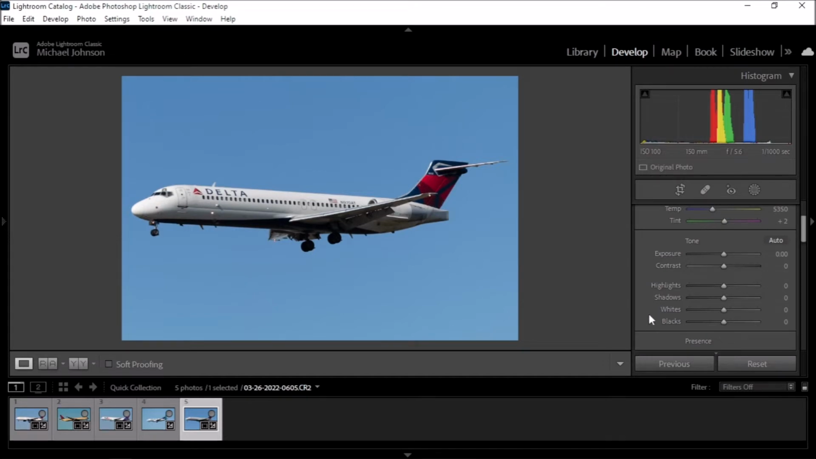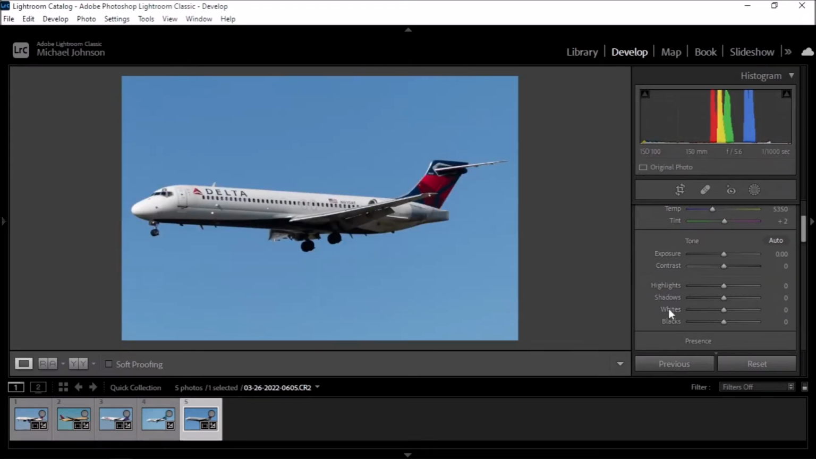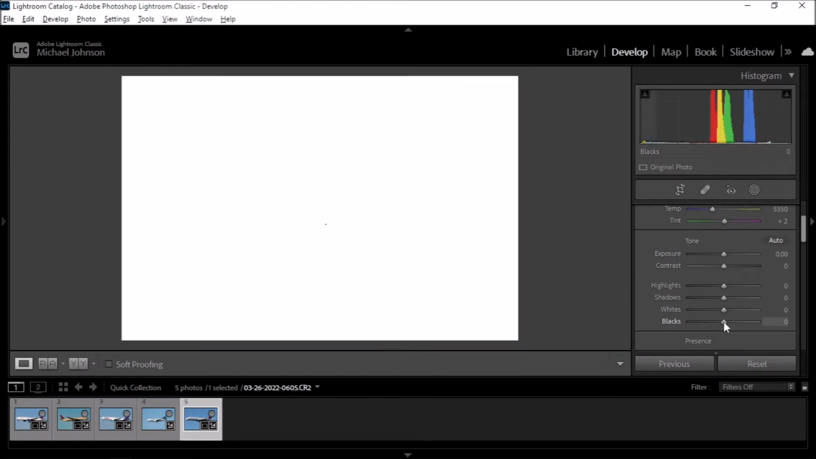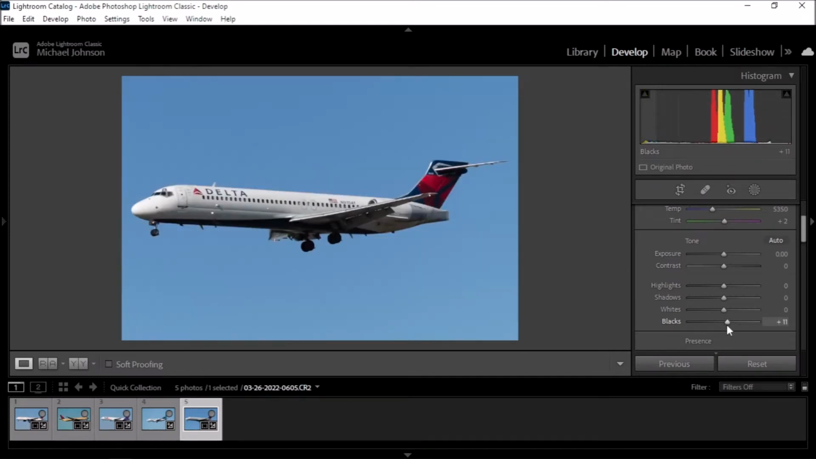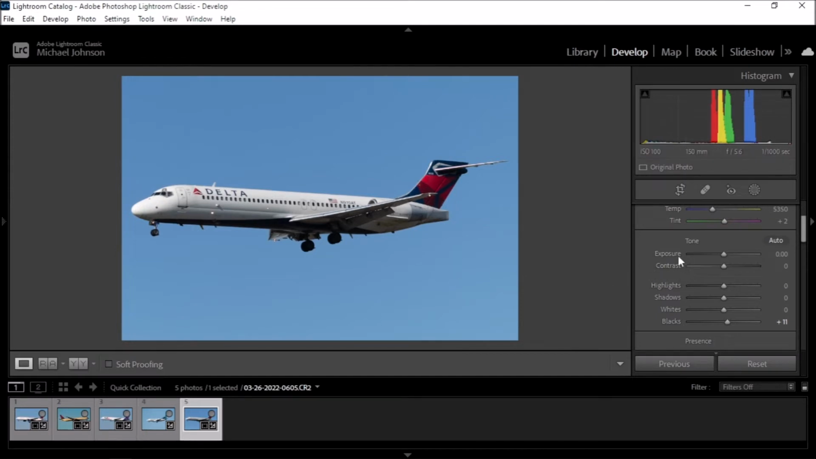And we will come down, hit the Alt button, click on the whites, and barely need to do anything with that. Matter of fact, we're not going to do anything at all. And the only white that's showing is just from this landing light right there. Blacks. Gonna back off just a tiny little bit and go up here, and we're gonna give it just